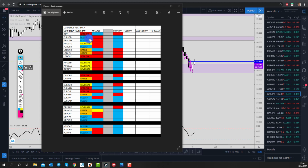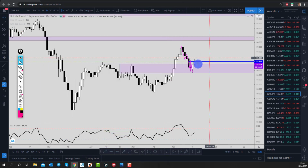So what I try and do is match up the strength and weakness of the currencies with the daily closes. You can see down here on pound yen in particular that we have pound yen saying it's bullish and that we had a bullish close yesterday. That gives me the idea to look to buy the market in the first place. So we placed a limit order, which hasn't been triggered, on the high of yesterday's candlestick